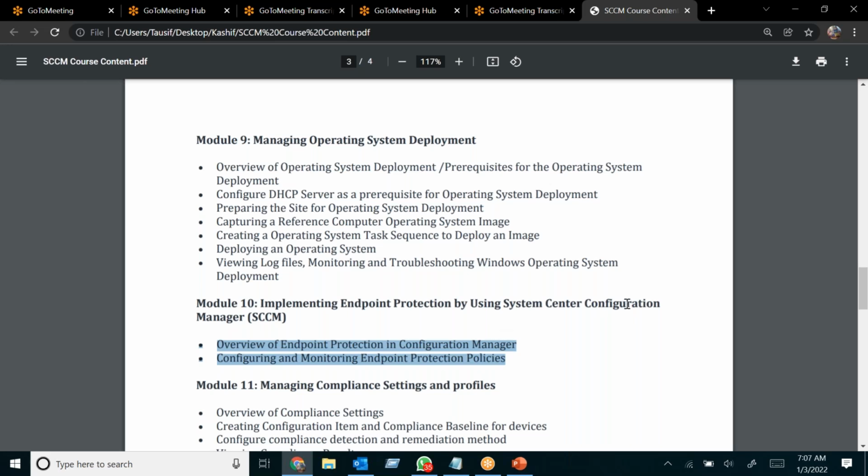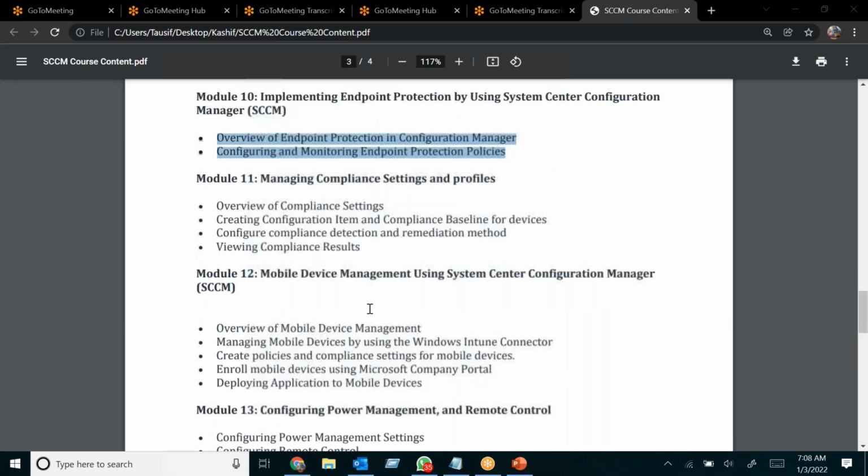As I have already told you, I started my career in mobile device management only, and I'm working on that only. Nowadays, everybody is demanding SCCM with mobile device management. I don't have any knowledge of SCCM, but I'm good at mobile device management. You have designed the course for 30 days. Will 30 days be enough for this course with all those practicals?